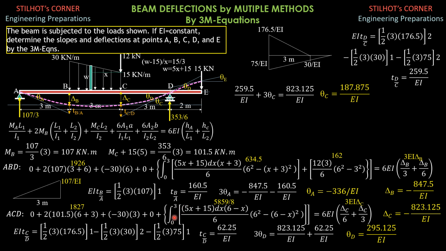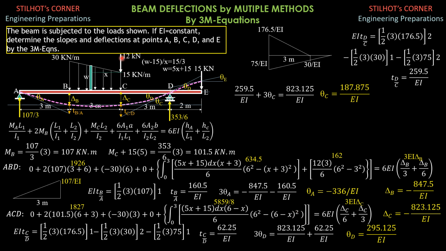So integral 0 to 3 of differential t, which is w dx, and w is 5x plus 15. So dx, distance of the strip from left is a, small a, and it is equal to 6 minus x divided by L, quantity 6 squared minus a squared, then plus,